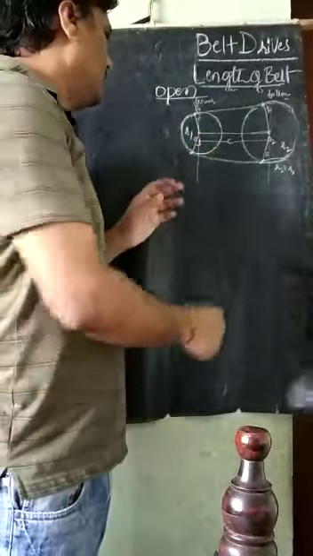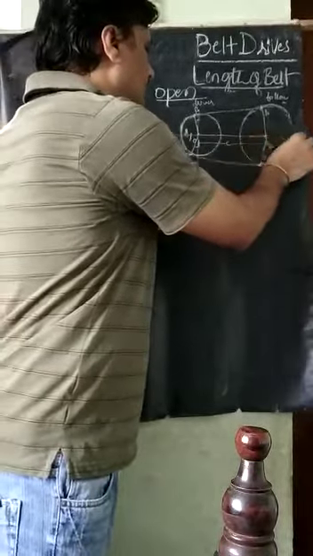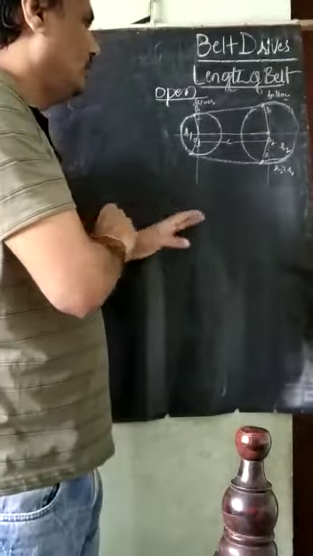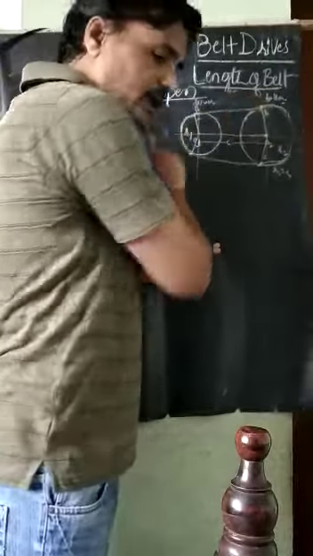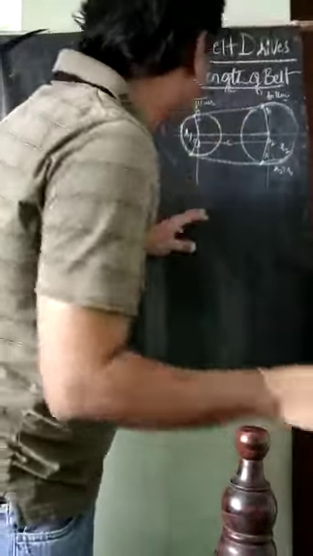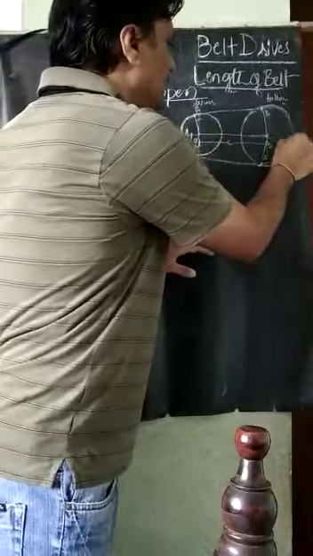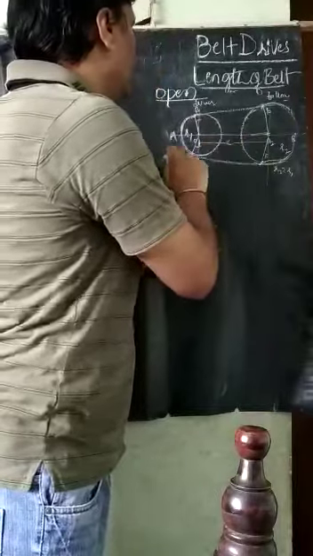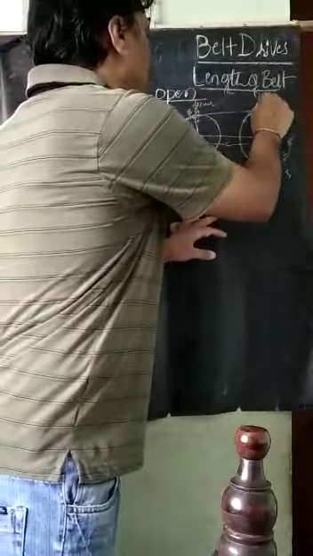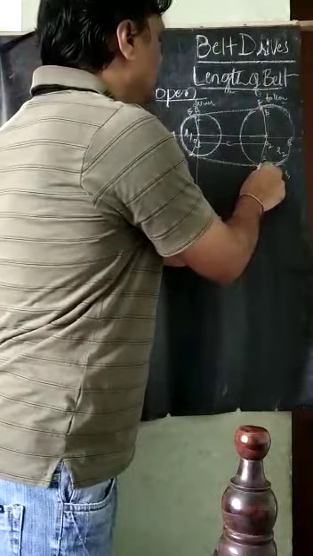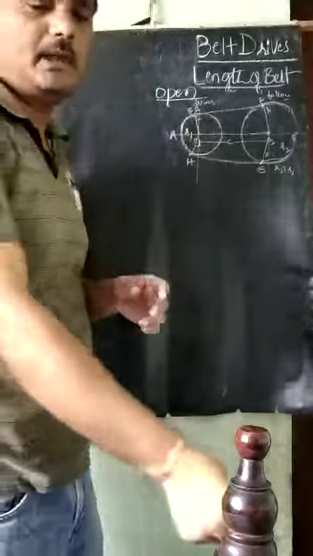Next, I will take some points and connect them like this. I will draw a line parallel to this line, and name these points. This is point A, and here is point B, then E, F, G, and here H. These are the points I am naming.